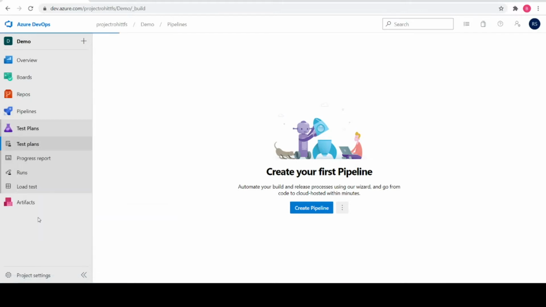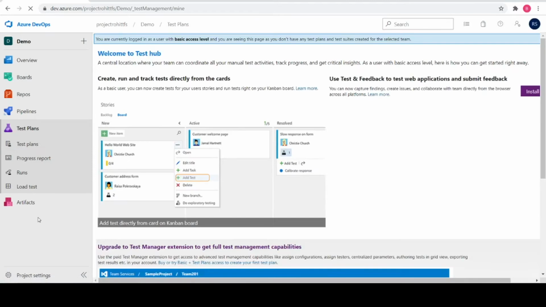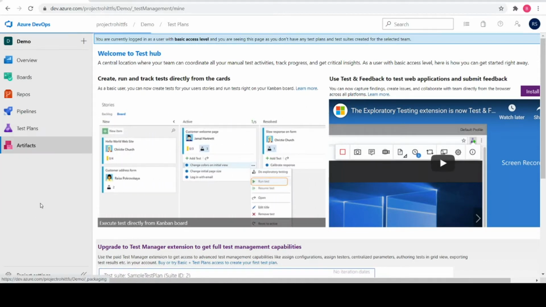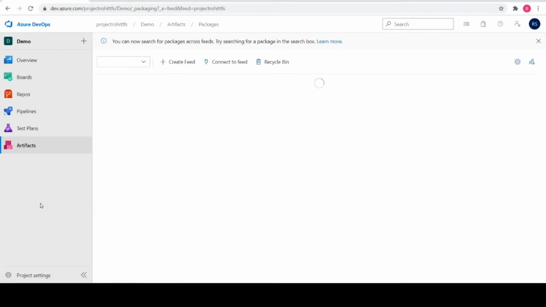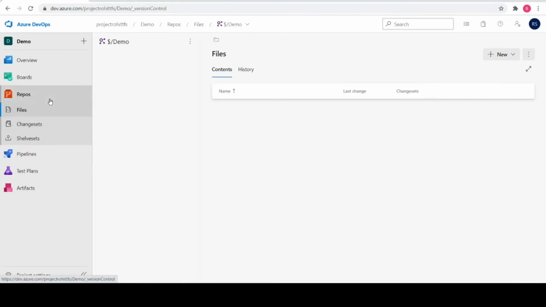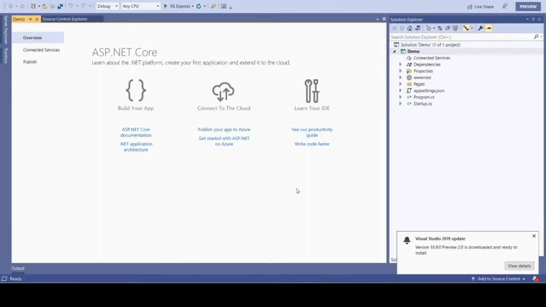And then we have the test plan. Test plan is a place where the testing team will upload their test cases, which they will later use to validate any functionality of the application. Artifacts, with respect to any organization, is a place where we will be storing our local NuGets. Many times we can have our default functionality and we want to spread it across or use it in different applications, so we'll always create it as a DLL and we can put it in this location and then use it. So this is artifacts.